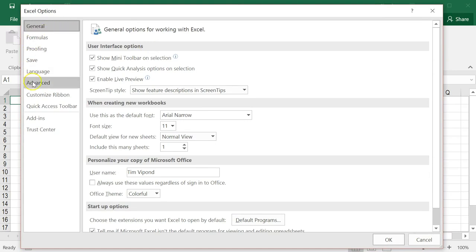So across the left, we've got various Excel options that we can play with. We've got our general settings, formulas, proofing, save, language, advanced, the ribbon. We can actually change the layout of the ribbon, quick access, add-ins, and trust center. So we're going to go through each of these together here. Starting with general, the main item that I want to highlight here is when creating a new workbook, first of